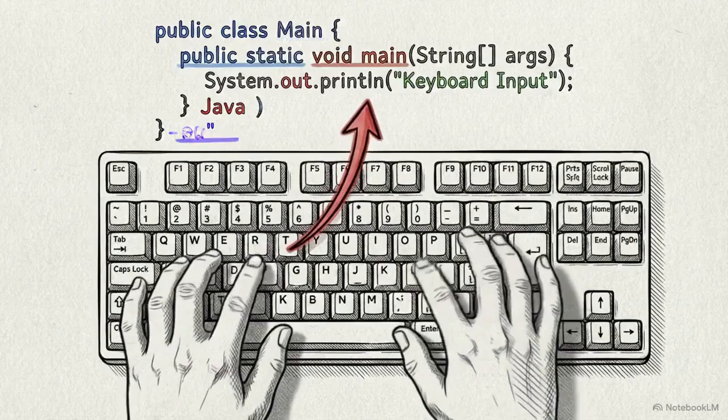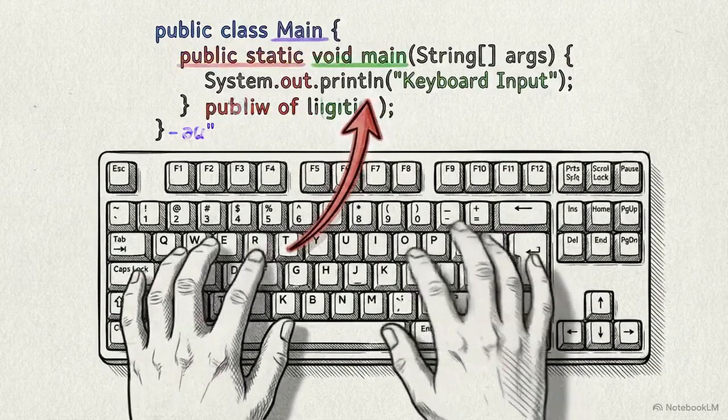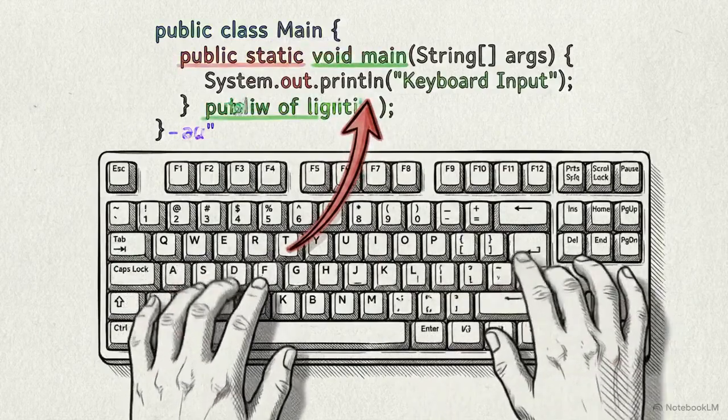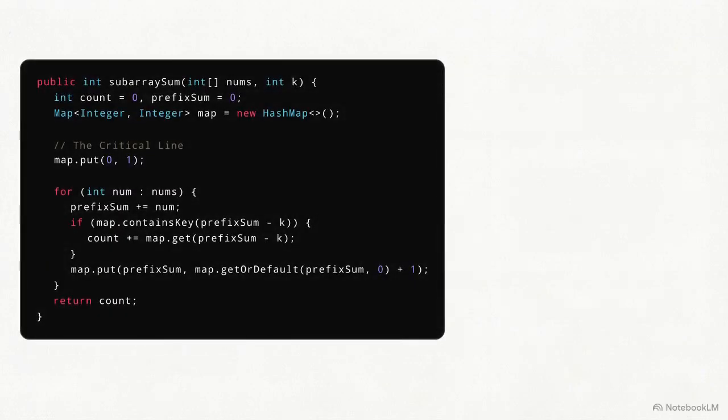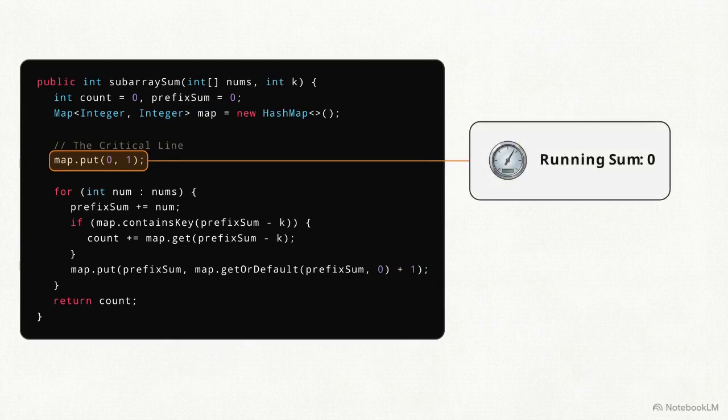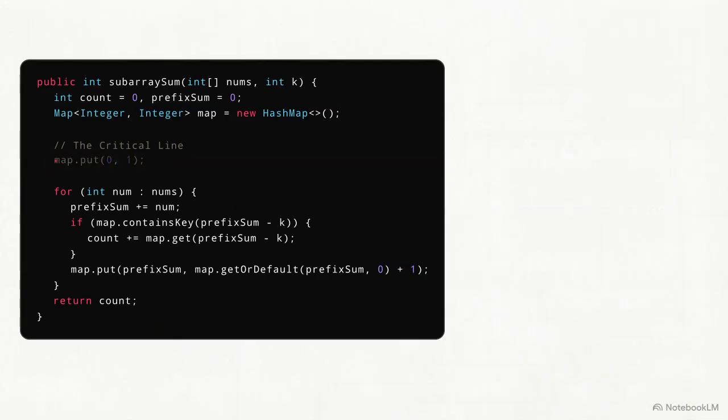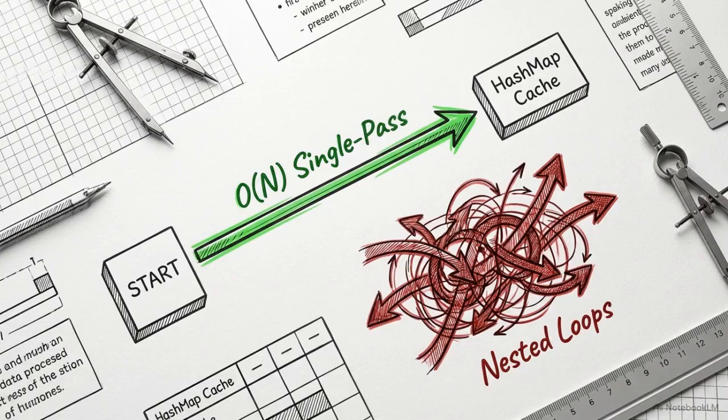Translating this exact mathematical trick into Java requires knowing a specific fundamental hard truth about properly initializing your system state. In this code snippet for the prefix sum pattern, notice the glowing line. You must always initialize your hashmap with the key value pair of 0 and 1. This pair represents the fact that before you process any numbers, your running sum is exactly 0. Skip this step, and your algorithm will silently miss valid subarrays that start from the very first index. By caching the running tally in a map, you replace an expensive nested loop recalculation with a single-pass O(n)